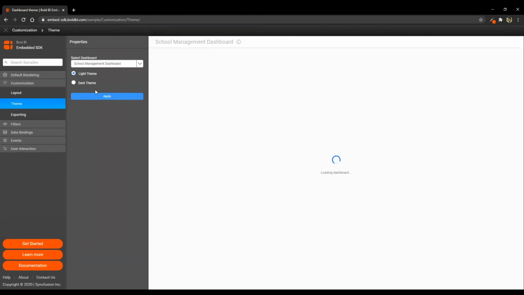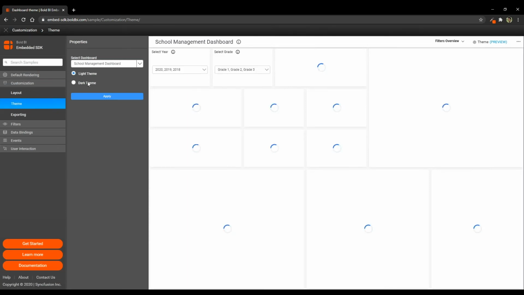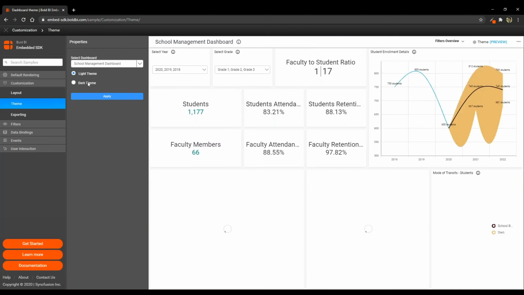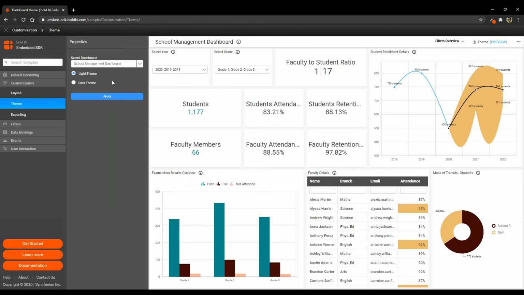Coming to the theming support, by default there are two themes. If one needs a custom theme like Orange or Metro theme, whatever it may be, you can contact Boldbia, and Boldbia will be able to support that theme also.